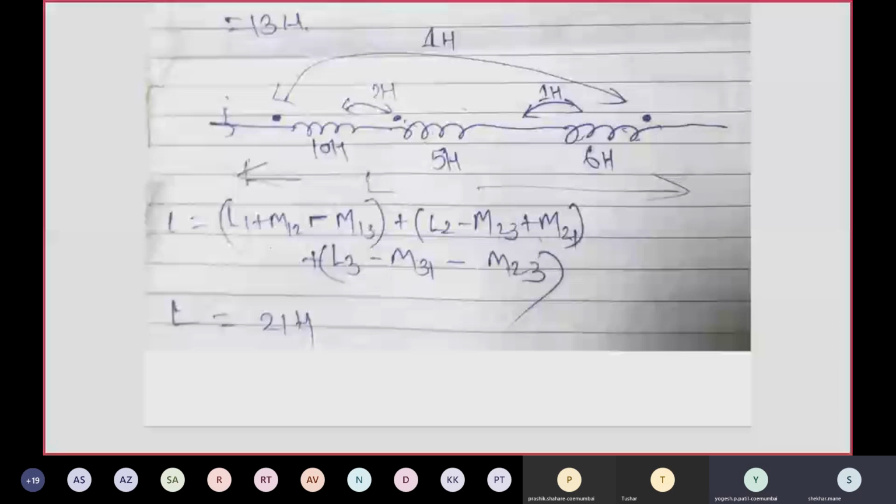Yes, sir. Okay. So similarly coil 2. L2 between coil 2 and coil 3 is different. That's why minus M23. And coil 2 and coil 1 are the same, so plus M21. Like this. Now the direction for the third coil, all the remaining two coils are different. That's why L3